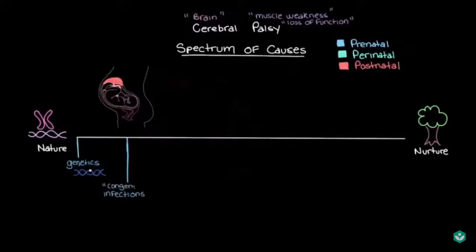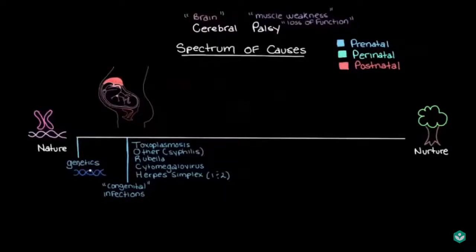And one group of congenital infections that can cause cerebral palsy is a group referred to as the TORCH infections. And TORCH is a mnemonic for toxoplasmosis, rubella, cytomegalovirus, and herpes simplex virus. There are actually two types of herpes simplex virus, type 1 and 2, so we'll put both of these down here. And I love this one for last on purpose because it's kind of a catch-all. The O stands for other, just kind of because we had to make the mnemonic fit somehow, but we can put other infections down here like syphilis in this group, because even though they don't really start with any of these letters, they can still cause cerebral palsy.